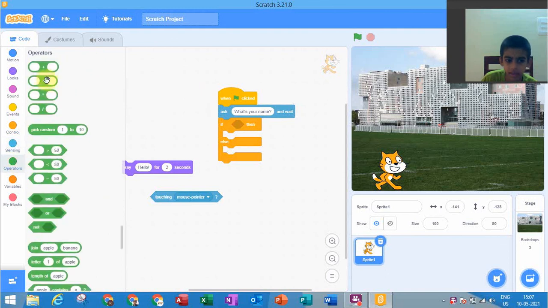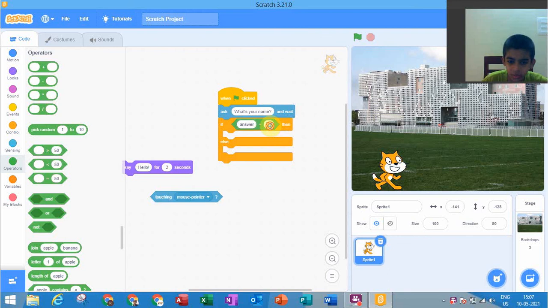Okay, if answer is equal to, where can you find the equal to block? Yes, it's here. If answer is equal to, looks like the spelling of answer is wrong, right? Yes. We'll put the correct spelling. Answer.